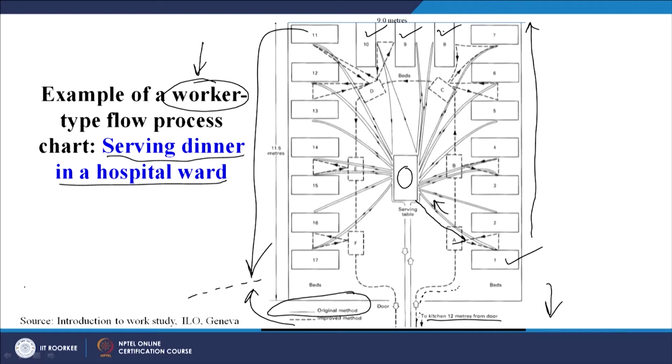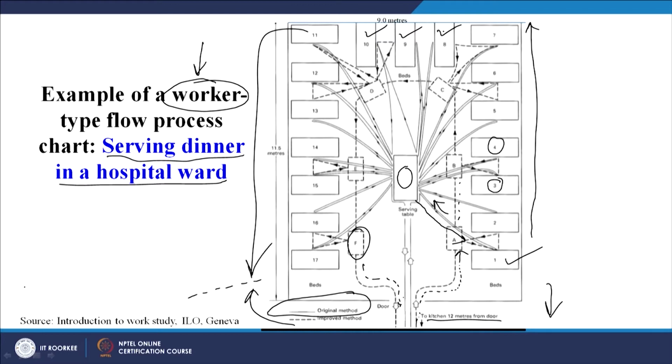But we want to improve this method. So how can this be improved? There can be a number of alternatives. So one of the alternatives is that he follows this dotted line, as you can see here, and this is the first position, that is the trolley, he stops at A, and from A he serves 1 and 2, and then from A he moves to B in this direction, and from B he serves bed number 3 and bed number 4, and then moves forward and finishes his job at this position and goes back.